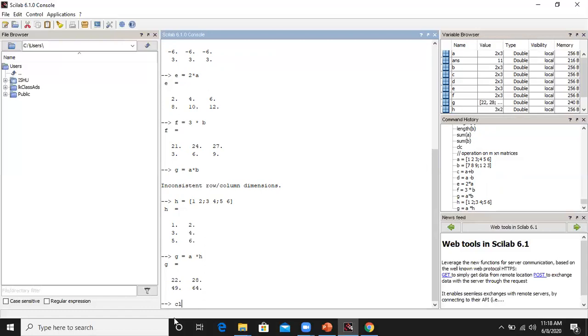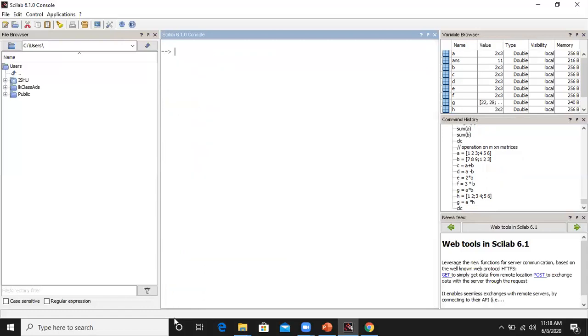Now we will see how to access the various elements in the given matrix. So let us take a matrix of 3 by 3 size. Let us consider 1, 2, 3, then 4, 5, 6, then 7, 8, 9. So it is a 3 by 3 matrix. Now I just want to access the first element. Then I have to type A of 1, 1. So that gives me the value as 1. And this can also be accessed with A of 1, that is a single index also. So A of 1 will give me 1.